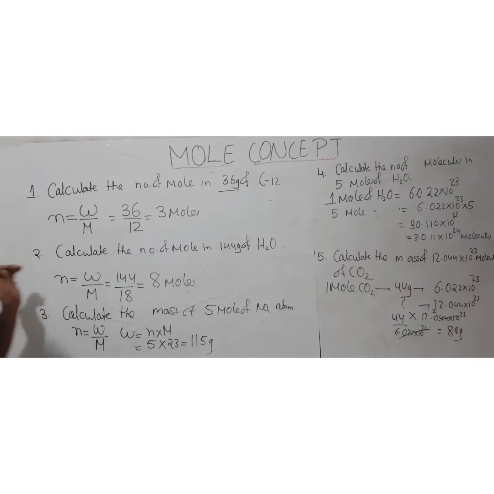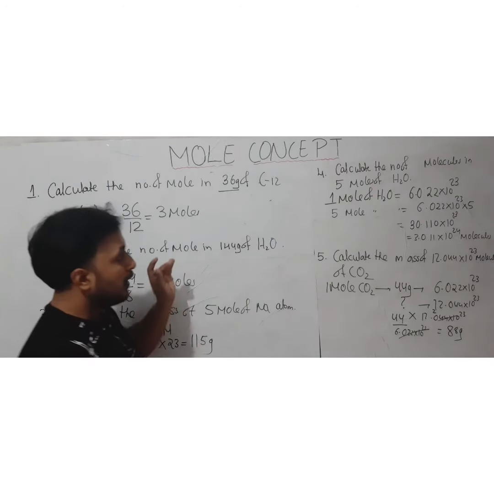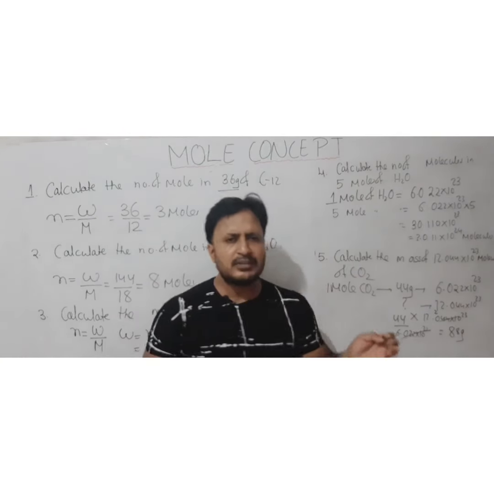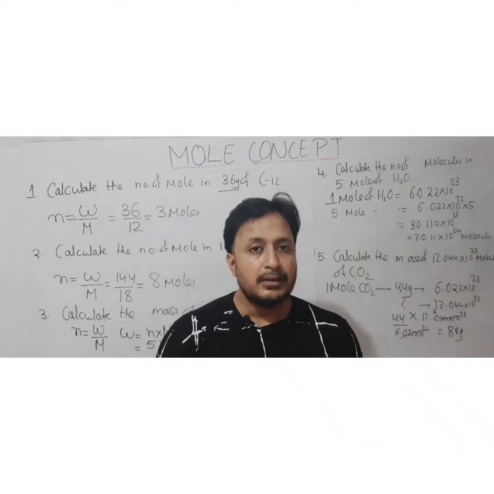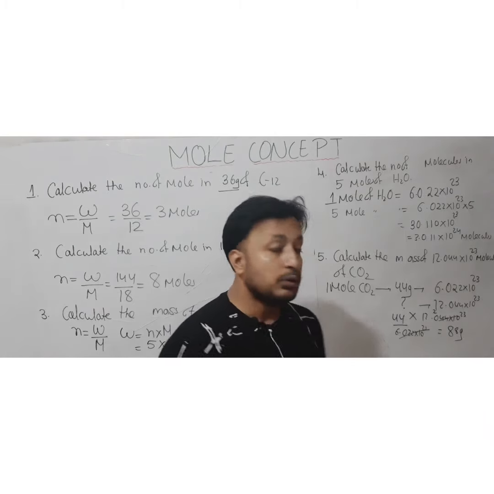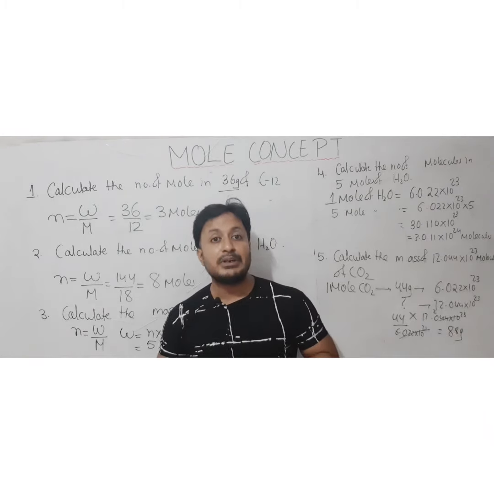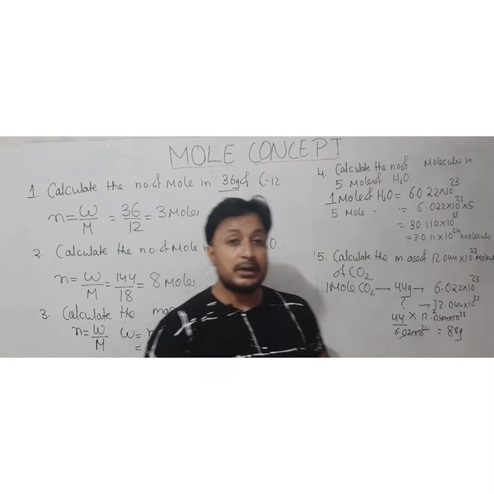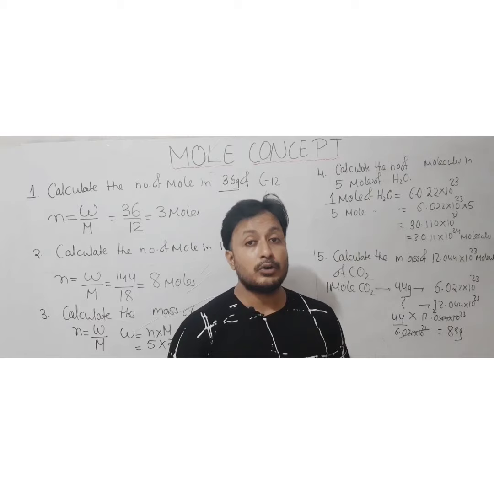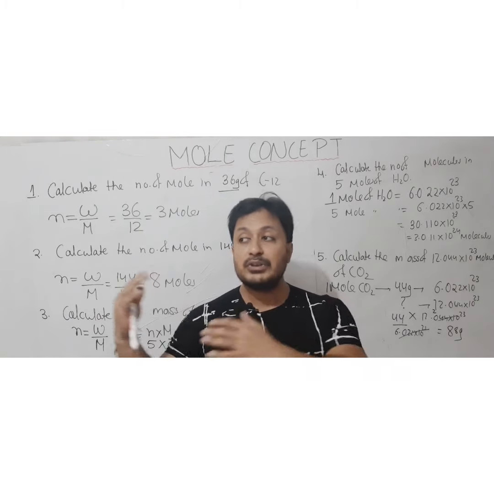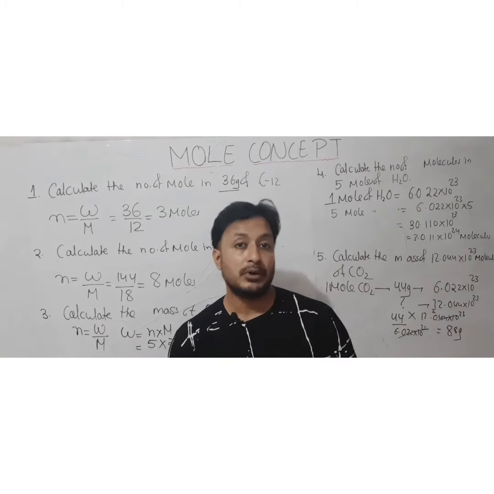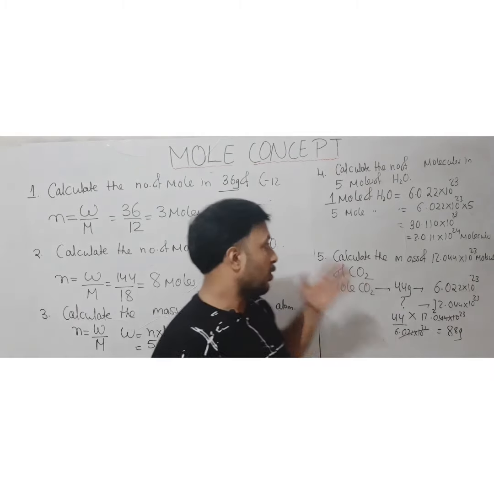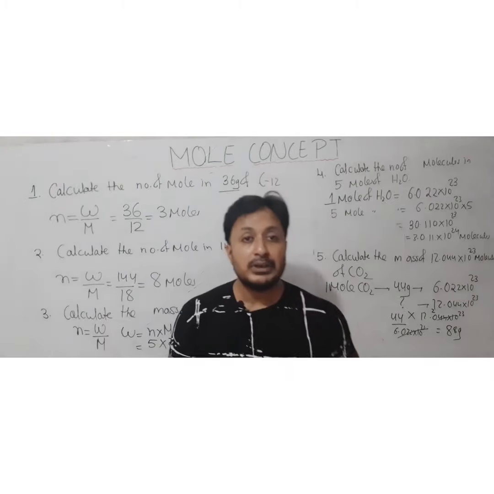So that is how you can relate the mass, mole and the number of molecules or atoms, and you can solve the questions. These are the simplest examples I have given. Later we are going to do the stoichiometry. For that you need to understand what the stoichiometry is. Okay, that is how the chemical reactions are going to be there and how we are using the chemical reaction to find the amount of the product, their number of moles, their volume also we can calculate. So all these things we are going to do in our next video.